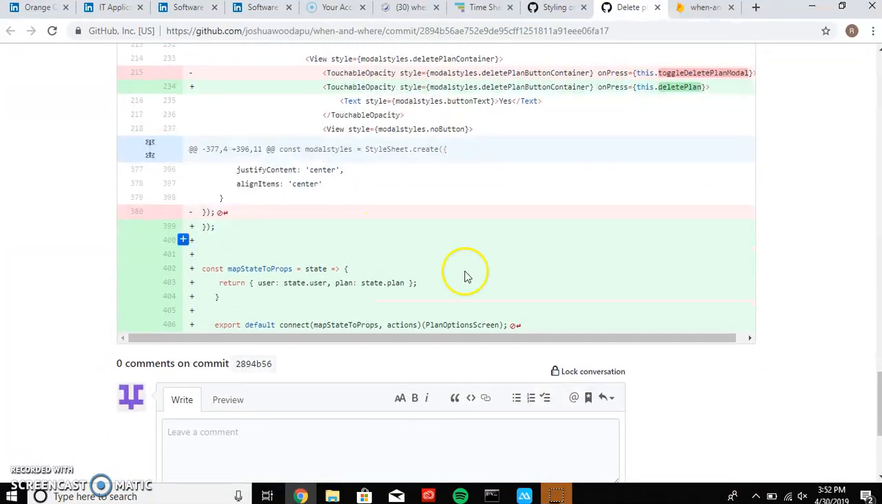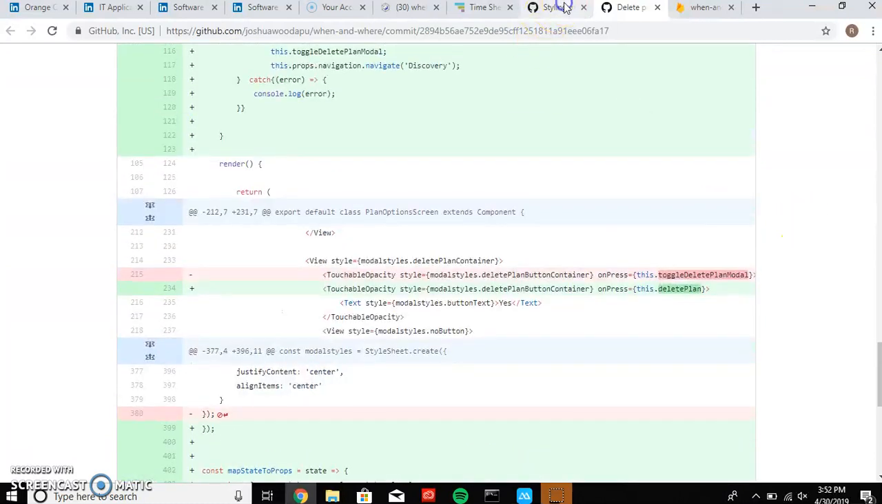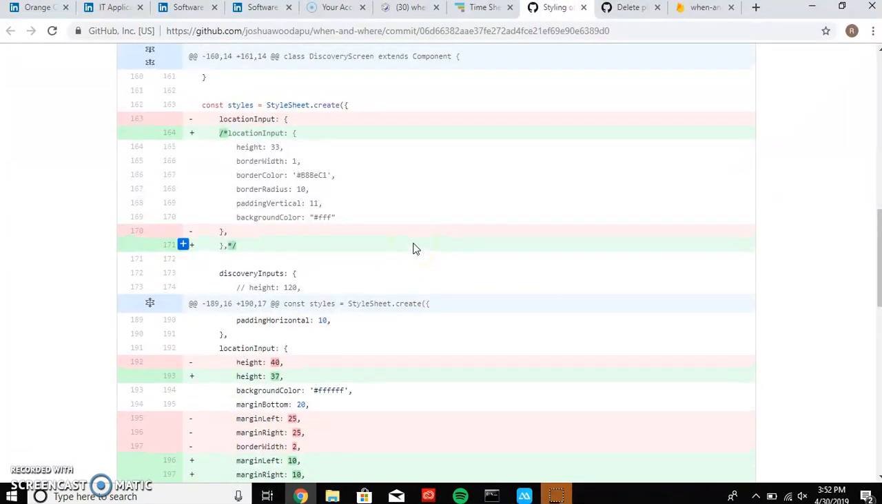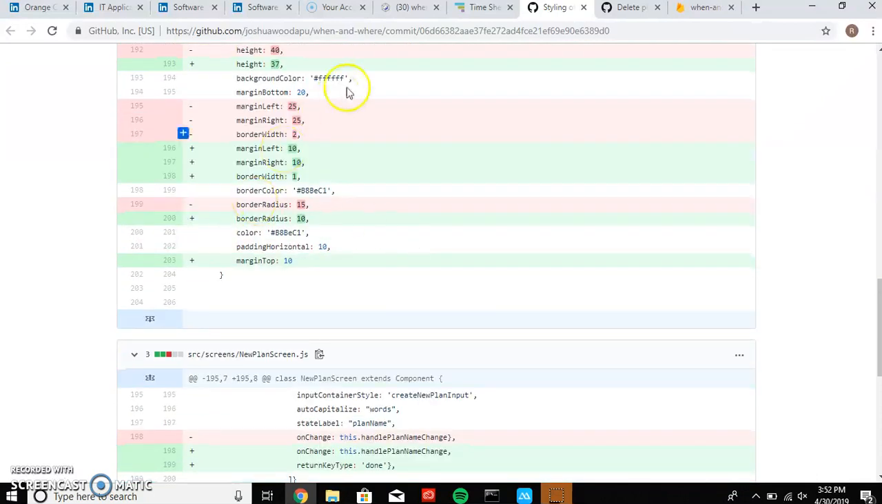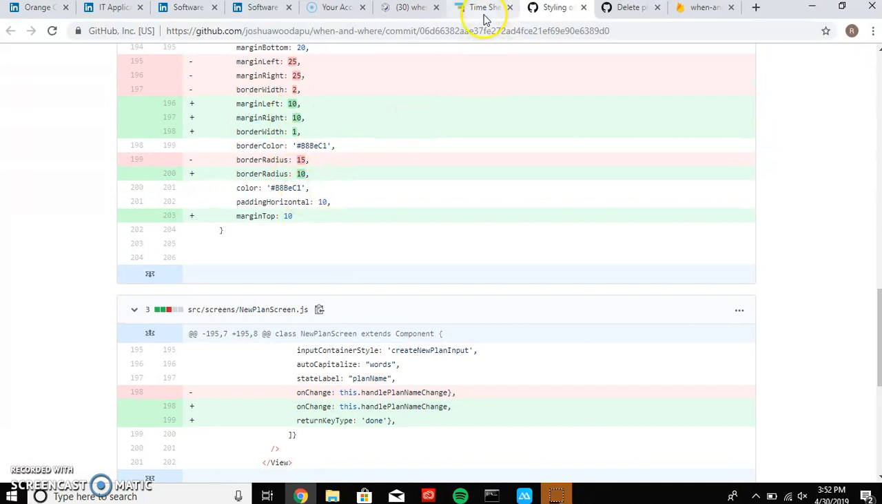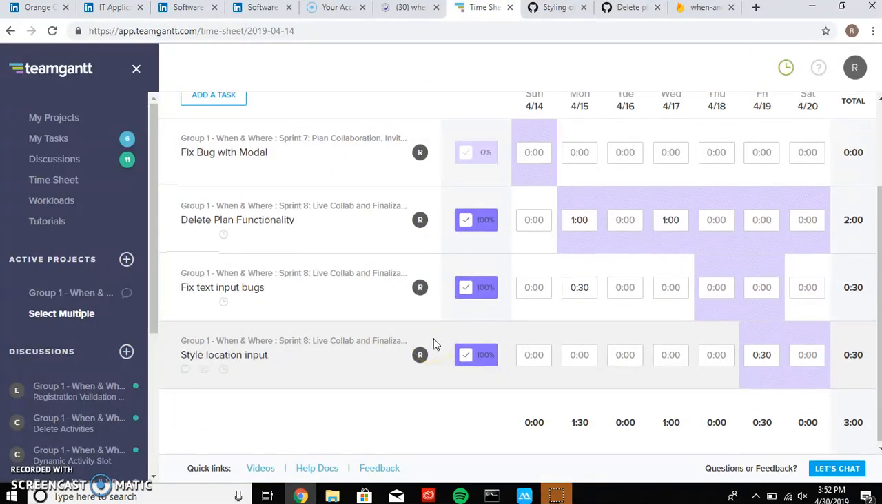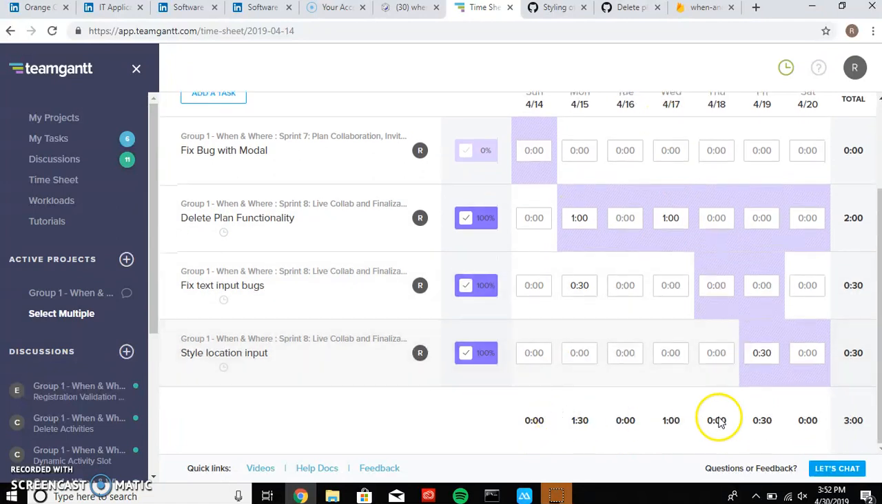And yes, it's here on the delete plan modal. And then in this commit, this was just me styling the location search bar that I showed earlier, which wasn't too difficult. And then for the Gantt chart, here you can see in the first week of the sprint,